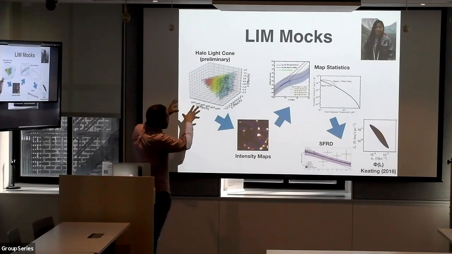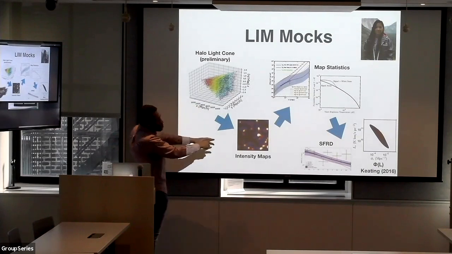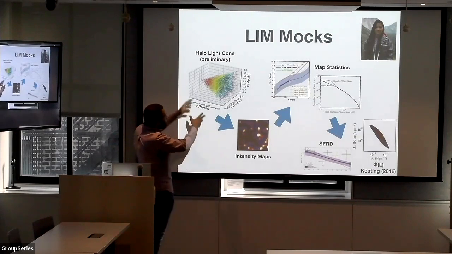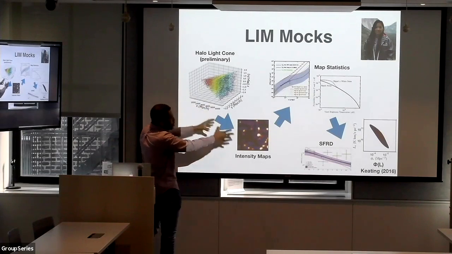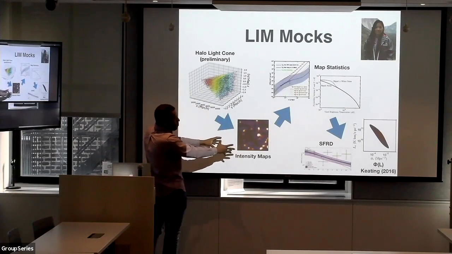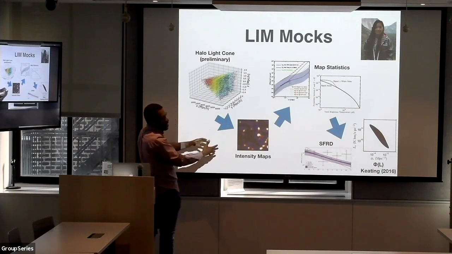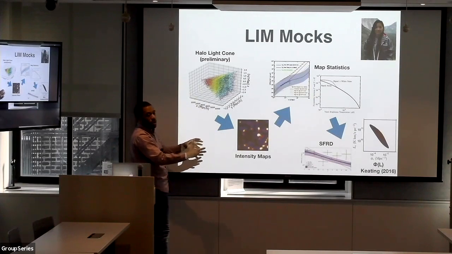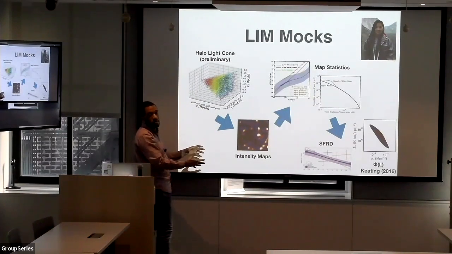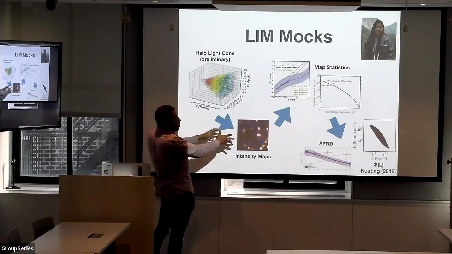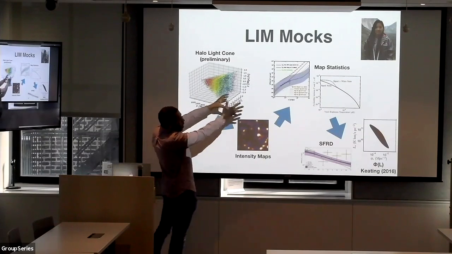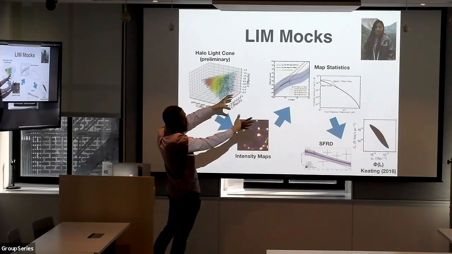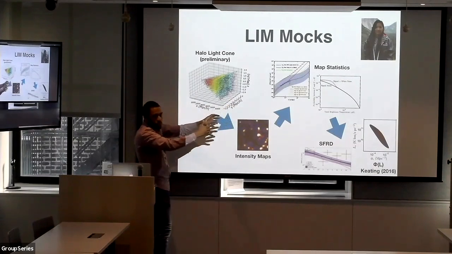Once we have these light cones and run the SAM, we get intensity map mocks at multiple frequencies for all the lines that we want, particularly CO and C II in this case. We're also making mocks for galaxy surveys, because we can predict optical bands as well, and so we can make mock galaxy surveys and model cross correlations. Once we have the intensity mapping mocks, we can model power spectra and 1-point PDF mock measurements.